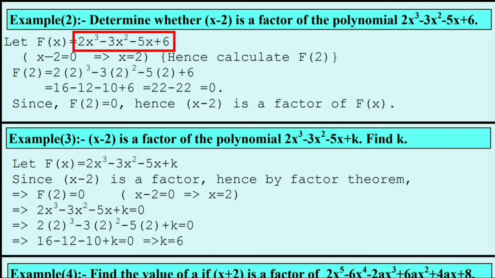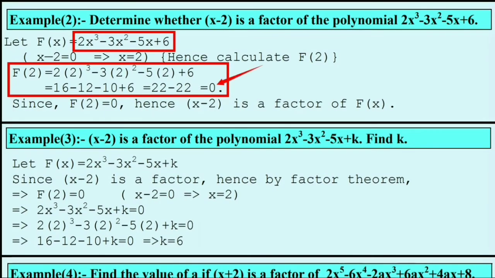So to replace x minus 2 with 0, we need to replace x with 2 in the expression which is the dividend here, and we simplify that expression and we see what value we get at last. And after simplification, we find that the value we get of the expression is 0. Hence, f of 2, that is the remainder, comes 0 here. So therefore, x minus 2 is a factor of